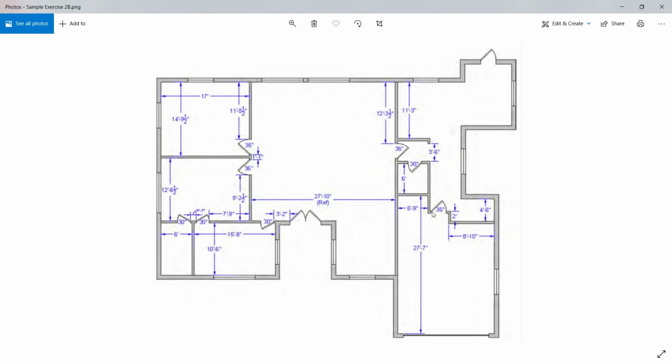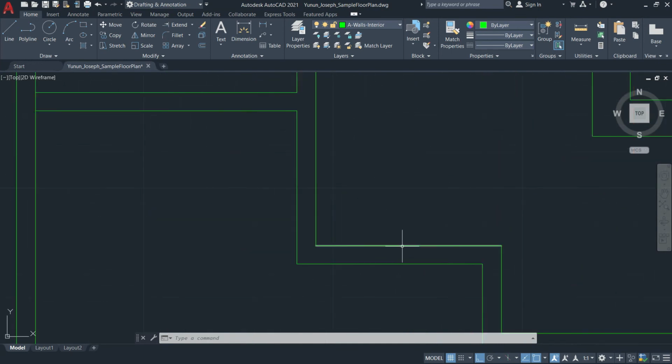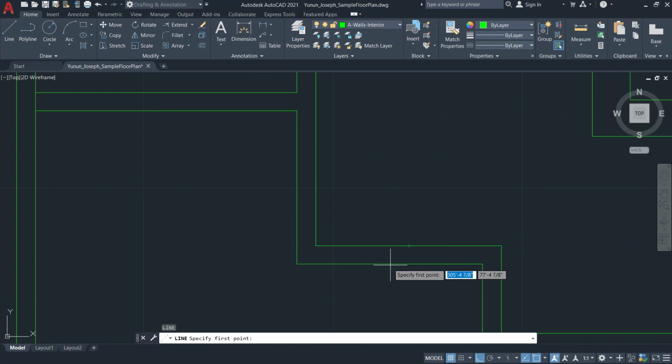Also this one should be in the middle. So I'll just start here. So probably I'll just draw a line at the midpoint of these two lines here. So probably from this point up to that point. Okay, so that is 3 feet. So if I'm going to draw a line here,